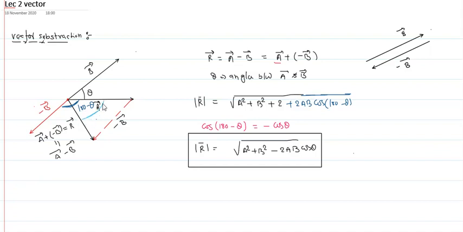You remember the angle phi? Phi represents the direction of R vector with respect to A vector. So I want to find this phi. Phi is the direction of R vector with respect to A vector. So tan phi is equal to what? B sine